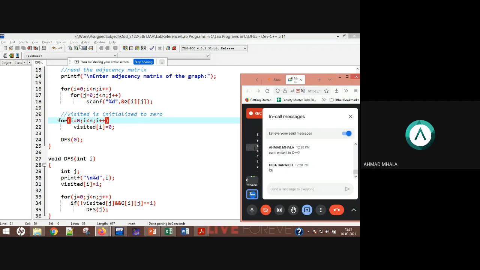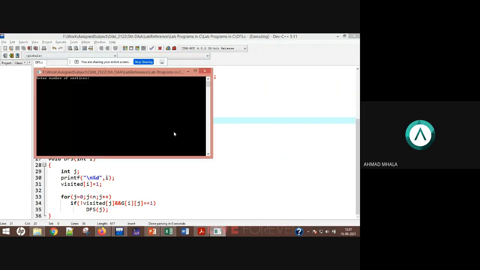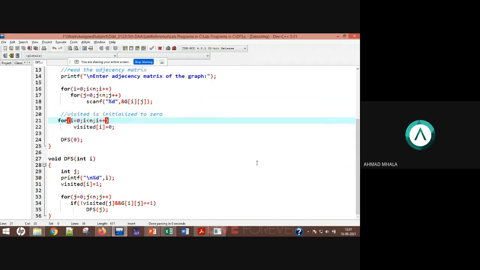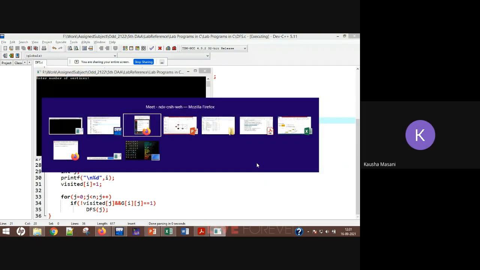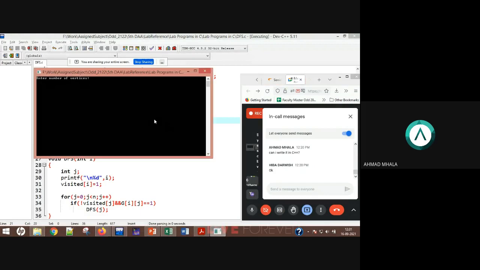It works. Shall I share my screen or not? Run the code, that is what I'm telling. Yeah, I did it. Running. Yes.